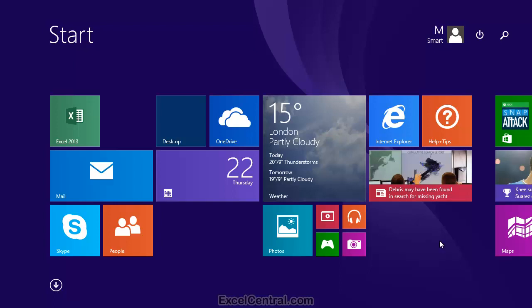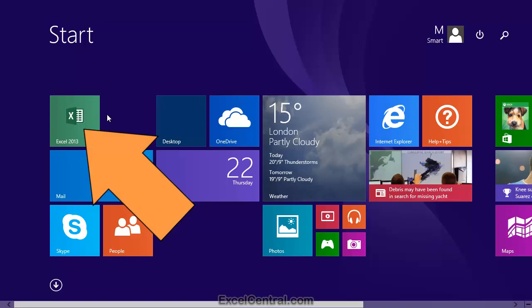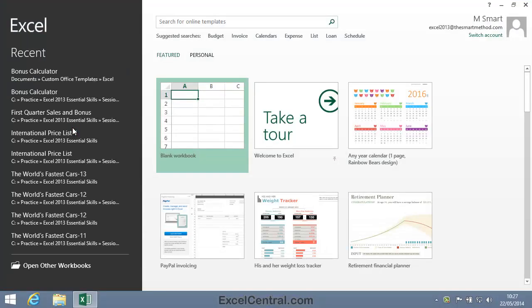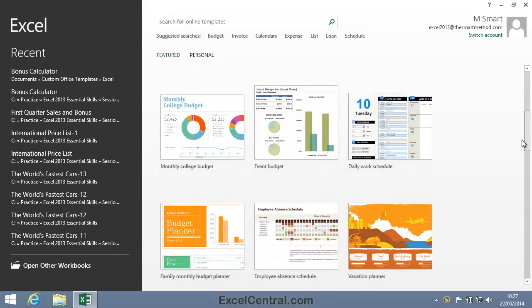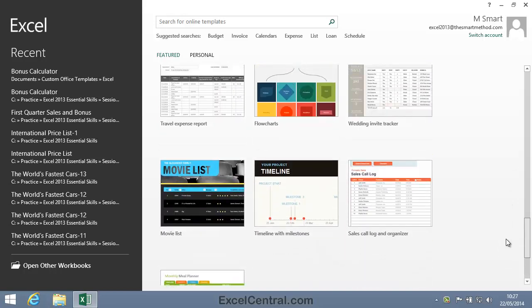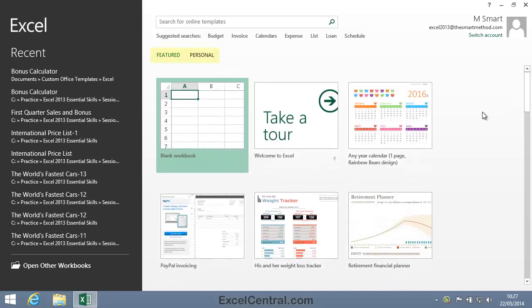In this lesson, we're going to use the custom template that you created in lesson 315. To do this, I'll begin by opening Excel. On screen, you can now see the blank workbook template and a huge selection of different sample templates from Excel's template library. Notice that there are two links at the top left of the templates window.